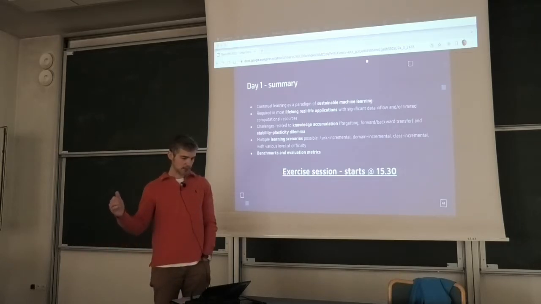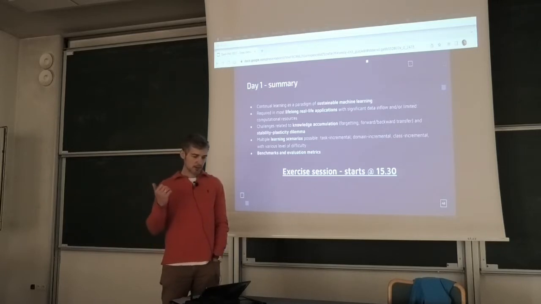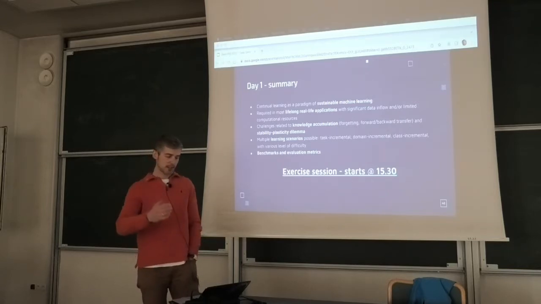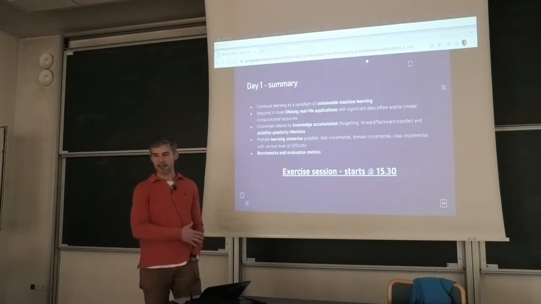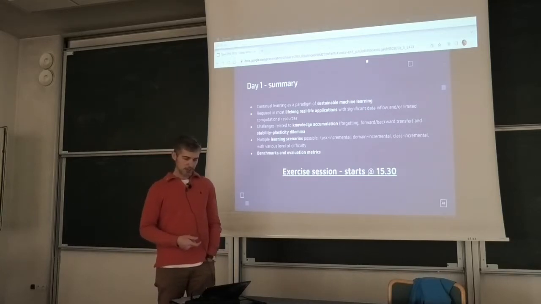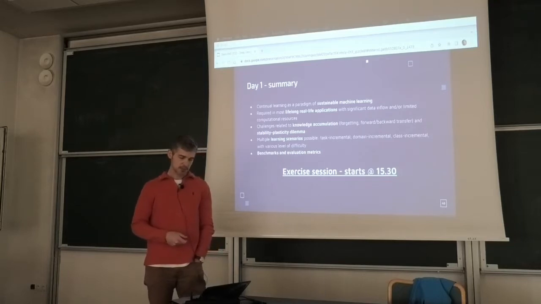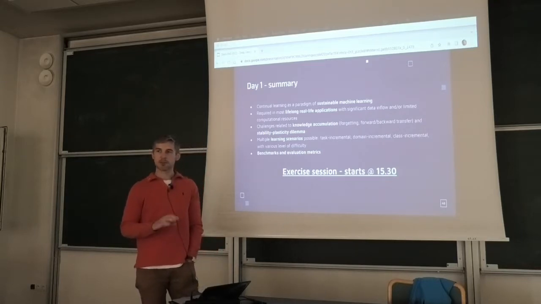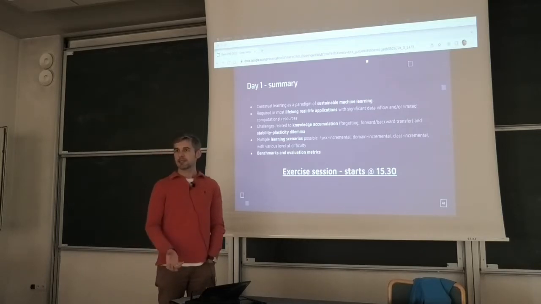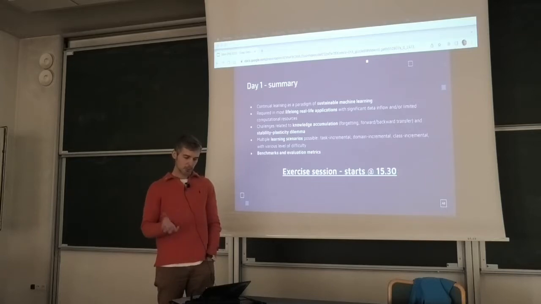So to summarize, continual learning is a new paradigm of sustainable machine learning, like lifelong learning. It's required in most real-life applications that have this lifelong expected period of time, especially when there's a lot of data or limited computational resources. The challenges are mostly related to the knowledge accumulation mechanism. So you want to look at the stability-plasticity dilemma, and the trade-offs between forgetting and backward and forward